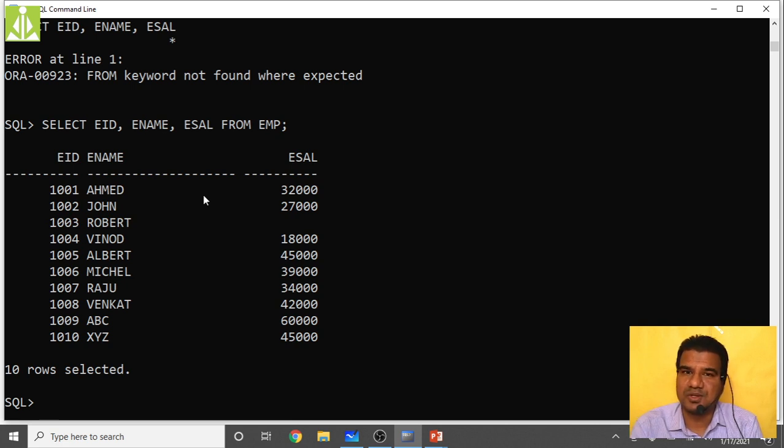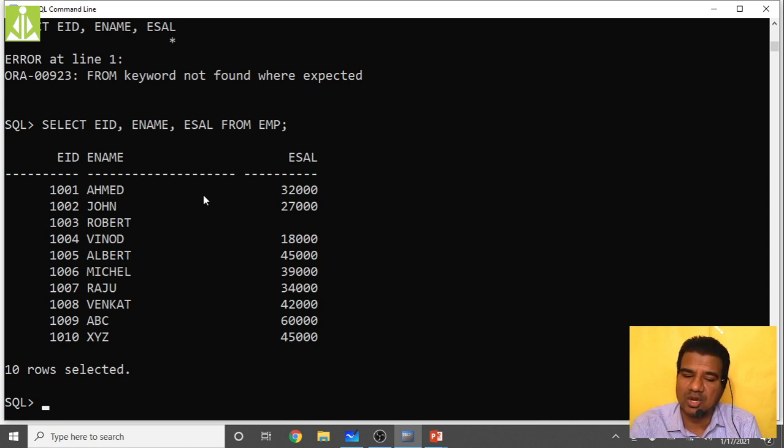Row wise selection also we can do. That we will do after the where class discussion. There is a class like where class in SQL. Once we discuss that where class, you will be able to select the data row wise. Now we have already discussed how we can select the data column wise, isn't it? Columns, individual column, multiple column, or all the column, how we can display from a table, that we have discussed using this select command and giving the field names.